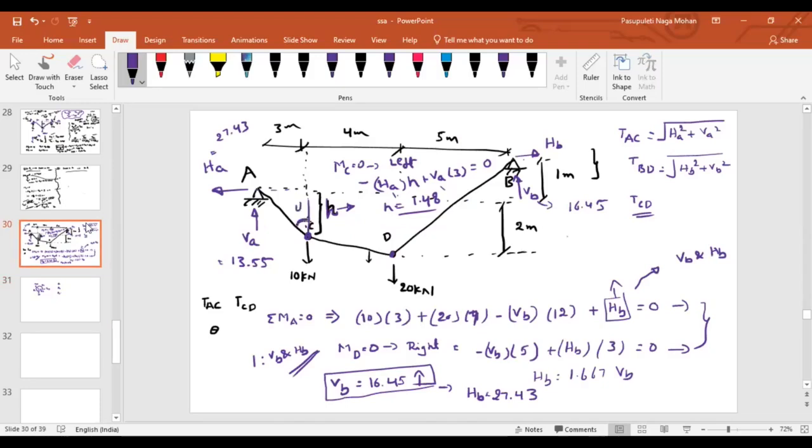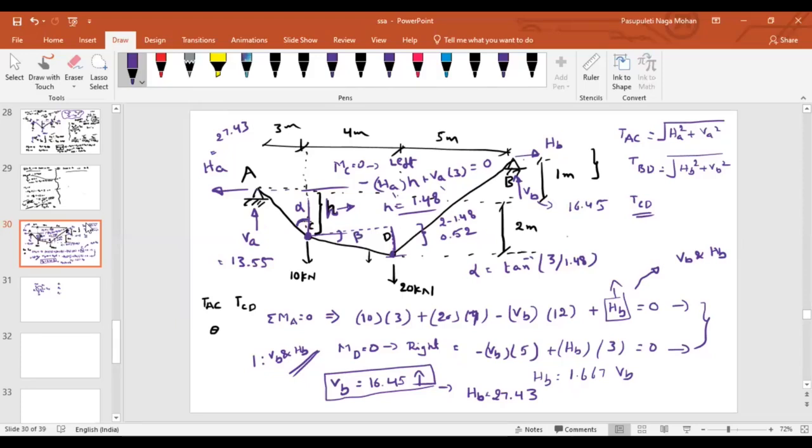Whatever this value is, let us say alpha. Alpha is nothing but tan inverse of 3 by H, 1.48. What is this difference? From here to here, 2. From here to here, 1.48. So what about this difference? 2 minus 1.48, 0.52. So if I assume this as my beta,